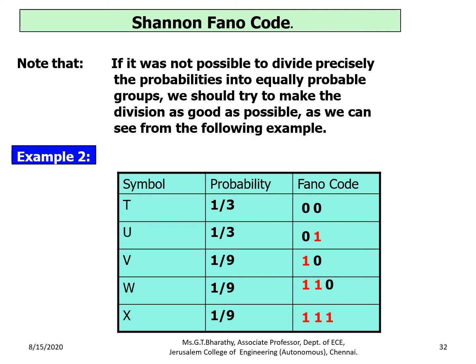Then what will be the last step? In the last step, in this portion we have two symbols together. Since we have only two symbols together, we can put 0 to the top portion and 1 to the bottom portion. So that completes our Shannon-Fano code. Now in this example, I have taken 1/9 as a single entry at the top and combined two 1/9s at the bottom. Instead of doing it like this, we can combine the first and the second 1/9 together and leave the last 1/9 separately. So I'll show you.